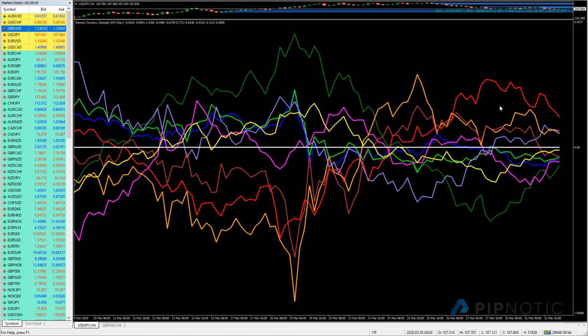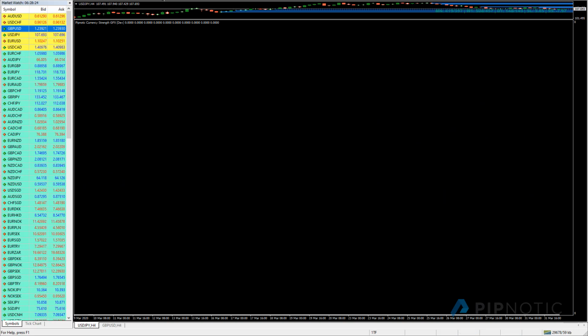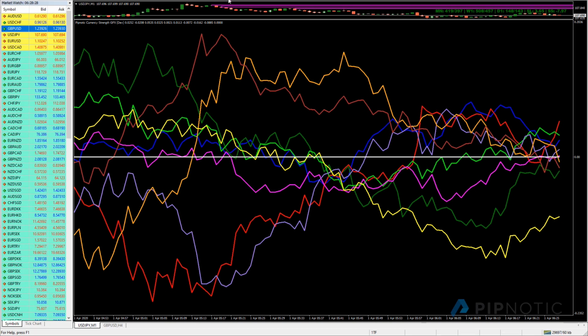We have the British pound that is starting to sell off, and we have the American dollar, which is starting to pick up. And you can change that to anyone here. You can say, okay, well, I want to see, for example, currency strength now relative to the open of the hour. And you can't see it now because we're on the 4 hour chart, so you're going to have to go to the smaller time frame, so the 1 minute time frame as an example. And here you can see this information